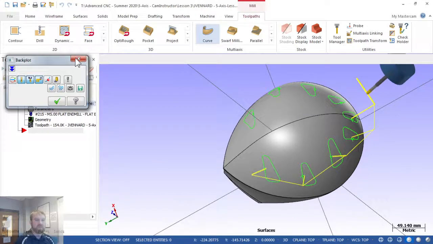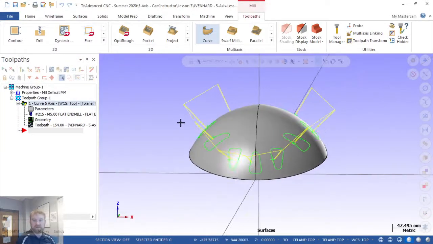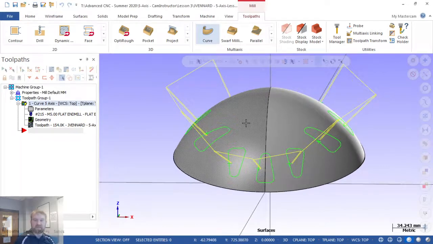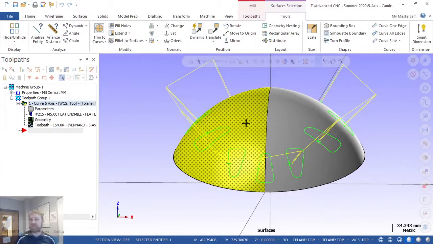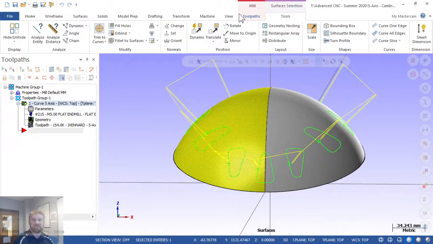All right. So that's basically a curved toolpath using, like I said, the normals off the surface here for that toolpath. So if, for instance,